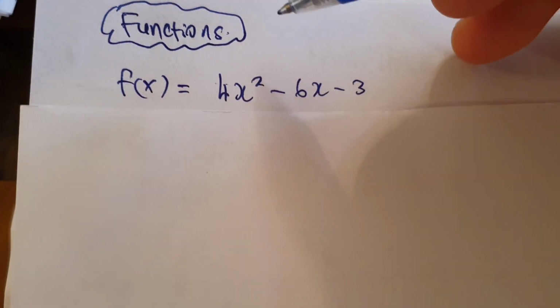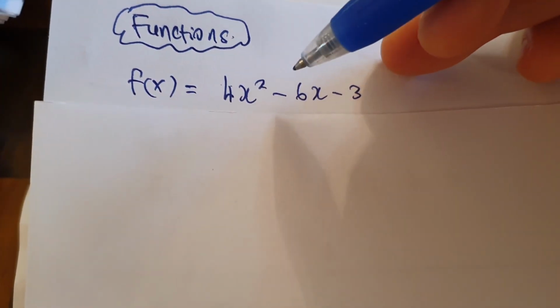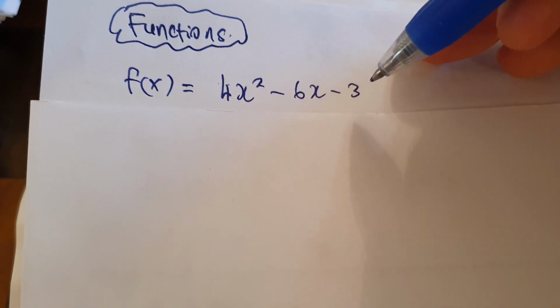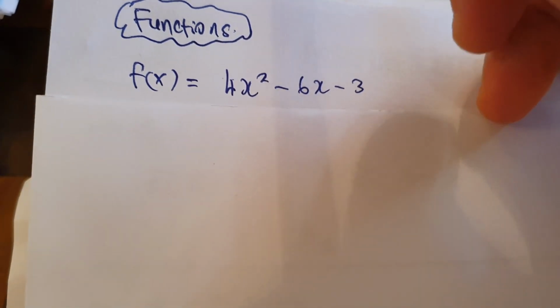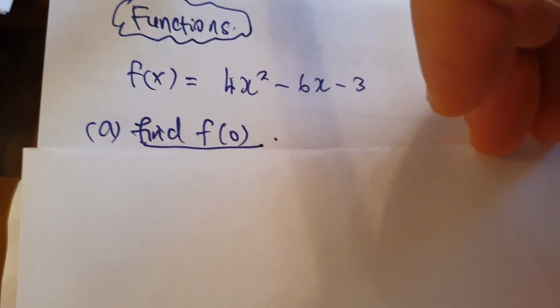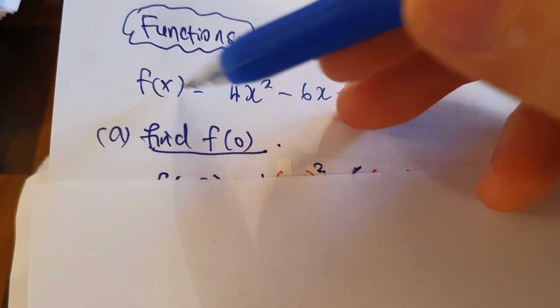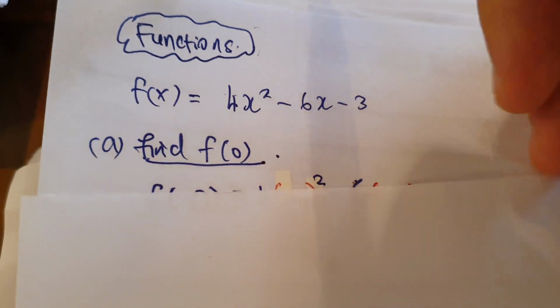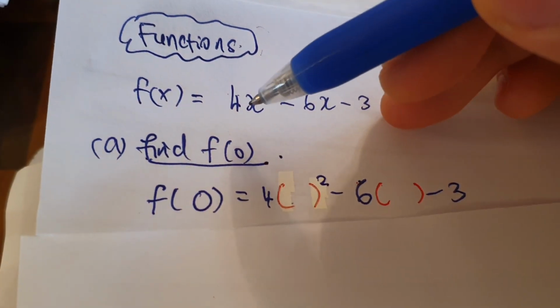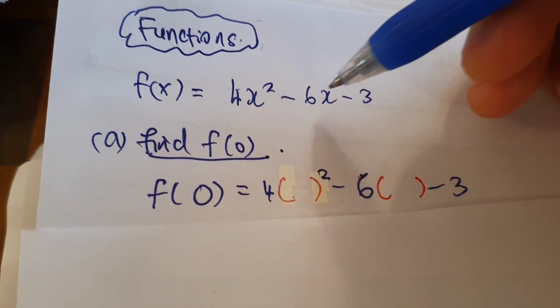Alright, you're given a function f(x) = 4x² − 6x − 3. Then you're asked to find f(0). There's a number 0 replacing the x. Now, what does this mean? It means that you have to replace everything you see here, all the x,